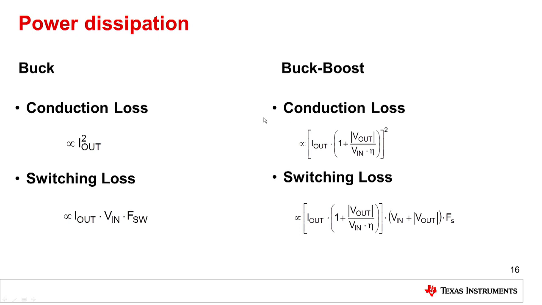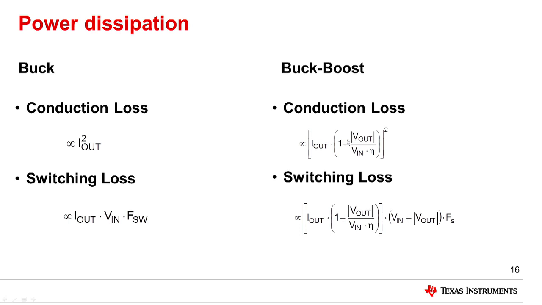Let's take a look at power dissipation. On the left-hand side, we see that the conduction losses for a buck are proportional to the square of the output current, and the switching losses are proportional not only to the output current, but the input voltage and the switching frequency. On the right-hand side, we see that the conduction losses in a buck boost are proportional to the